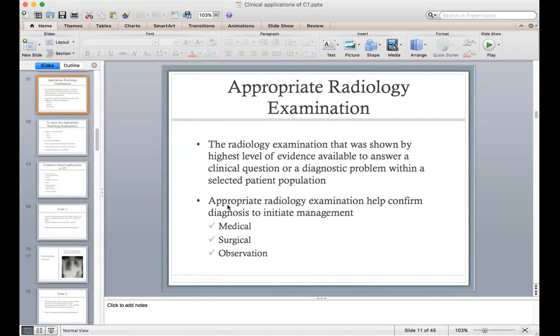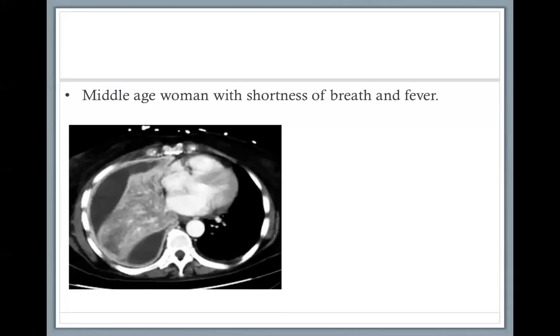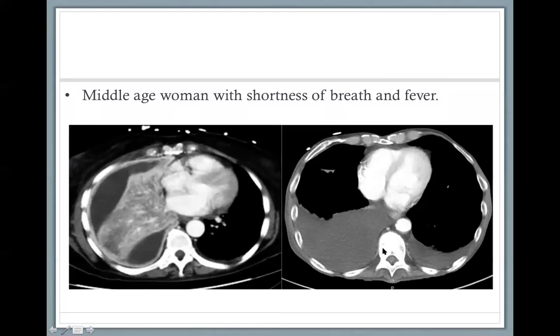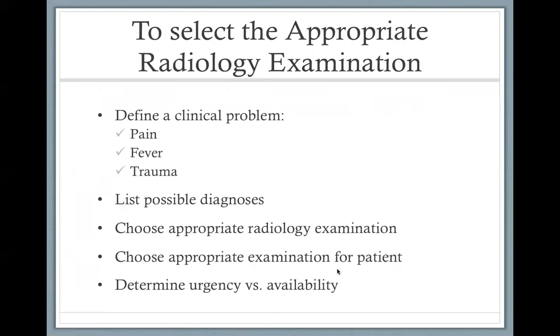For example, in the previous cases that I have shown you, this is a disease that can be treated by diuretics or medications, while this one most likely will require intervention either by putting a tube or by peeling the pleura. And sometimes we don't do anything, we just observe. But at the end, radiology examinations help us most of the time to guide treatment. Most of the time,